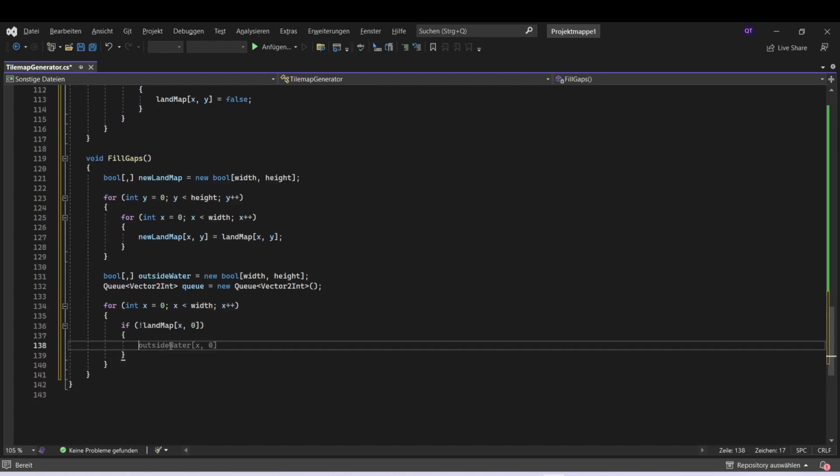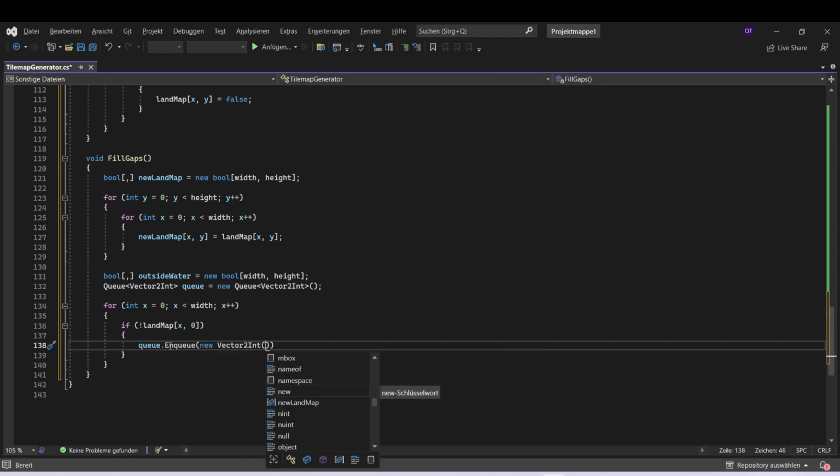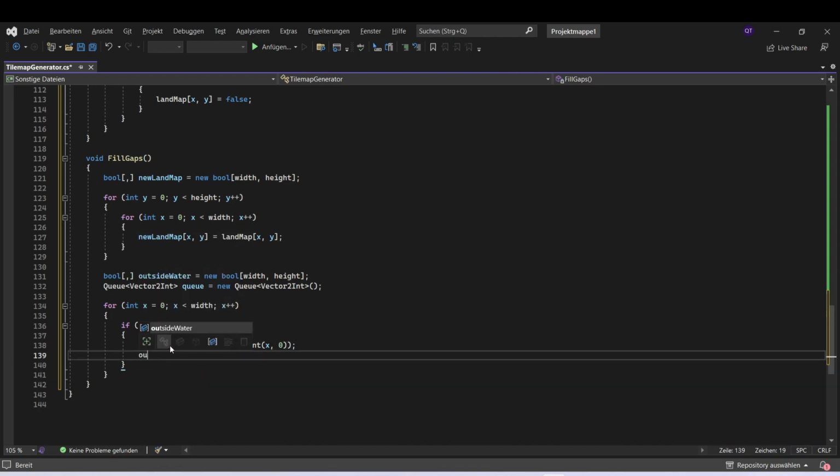So if these are water, then we want to first of all get our queue, and then we can enqueue a new Vector2Int, and the position is going to be x and 0, of course. And we can also set a new outside water. So this is going to be a water tile,